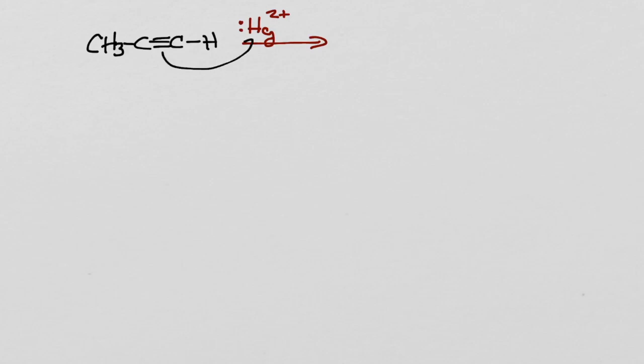Let's go ahead and draw this mechanism. We'll use our reaction components in black, and I'm just going to use the reagent components, the mercury, in red. The mercury sulfate is going to dissolve, forming a mercury 2+ cation. The nucleophilic alkyne is going to attack the mercury, giving us this kind of strange vinyl carbocation,